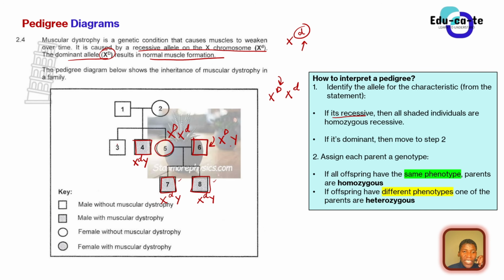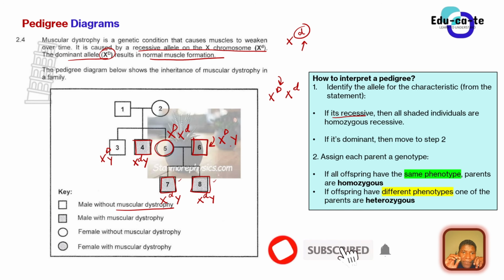And then here you can see that individual 3 is a male, it is X and this is Y. But the male here is normal because he's not shaded, right? So it must be a male that doesn't have muscular dystrophy. So this X must have a capital letter D. Don't just write XY. I repeat, grade 12, don't just write XY unless you want to fail. So make sure that you write, if it's dominant, the person is not sick. If it's recessive, the person is sick.